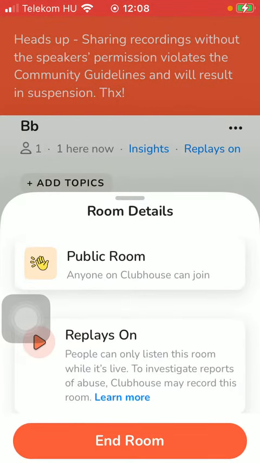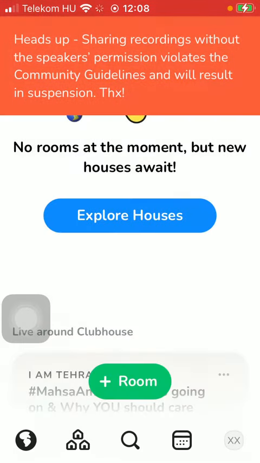Then as you can see, there is this end room button in orange, so tap on it if you would like to end the room. As you can see, it has been ended and it disappeared, so that's how you can